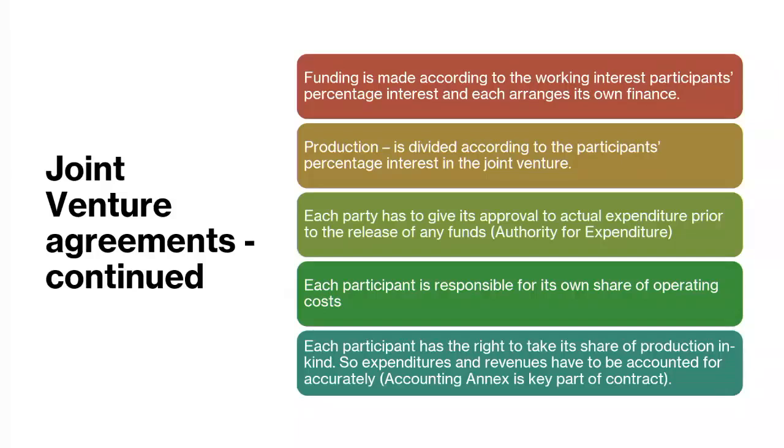Why? Because the amounts were not huge. The moment you had very expensive areas like, let's say, the North Sea, very, very expensive, the operator could spend huge amounts of money, so the other parties had to keep an eye on that expenditure to prevent the operator from overspending. So you've got that authorization for expenditure document that I've mentioned here. Many disputes in this area, many. The parties fall out with each other over expenditure.